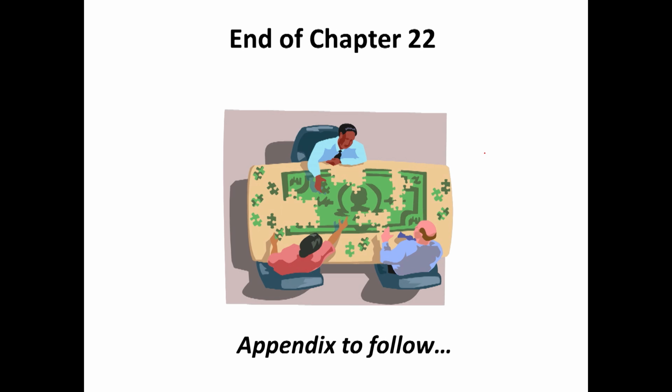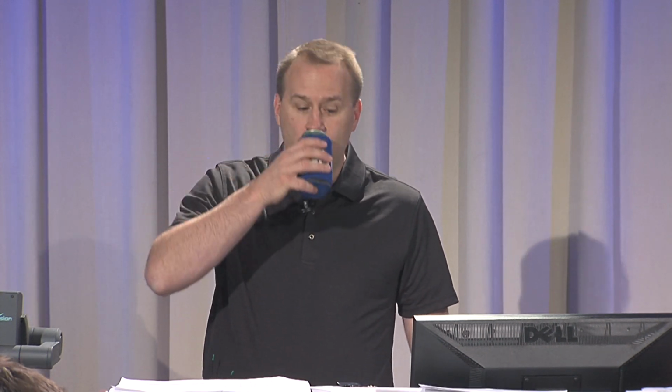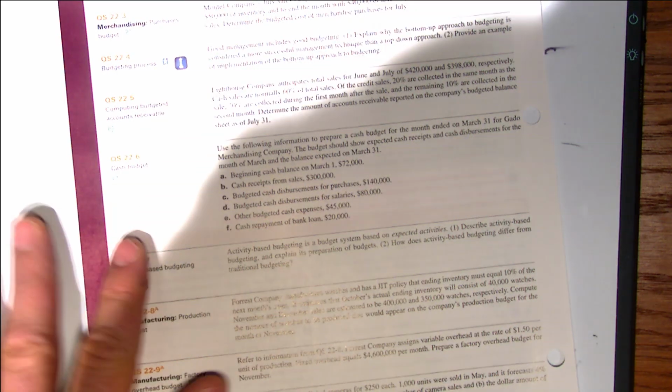Now, the first thing I said was, and you can come off the slides there, what was the first budget that we prepare? That's going to be the first one we look at. So what I want to do is look at Quick Study 2210. Quick Study 2210, okay? Let me go ahead and show that up on the camera, okay?